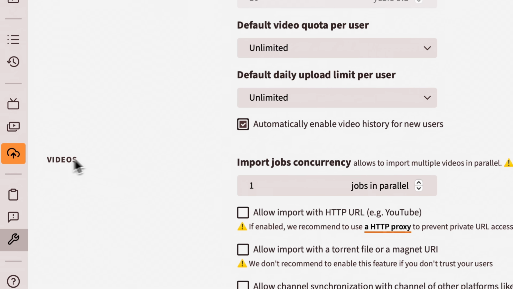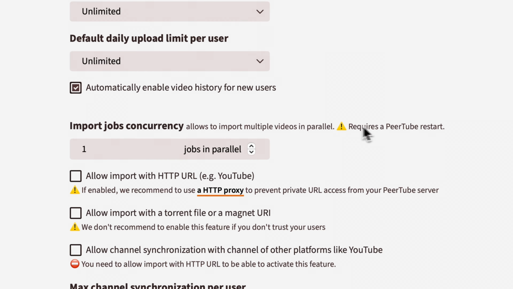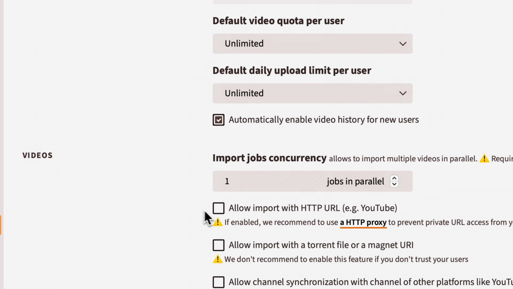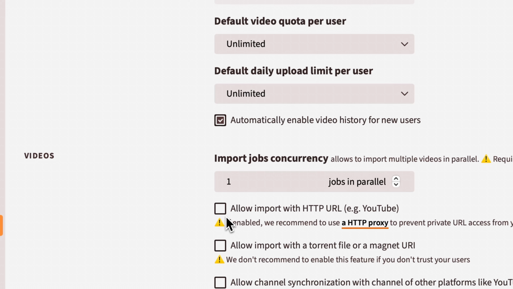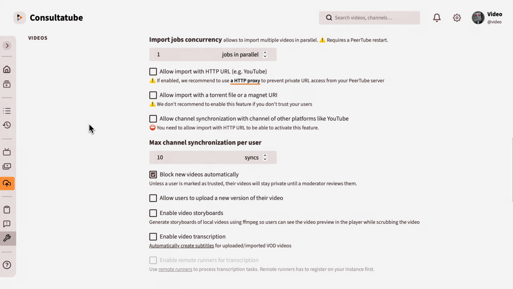In this section, videos, this is for importing videos from YouTube primarily. So you can set it up, and I've done this for Canadian Civil. It automatically imports the YouTube channel of the people who upload first and foremost to YouTube. It just pulls it in, re-encodes it, and puts it up on PeerTube. Basically, it's a mirror. The default settings for this are best to stick with.